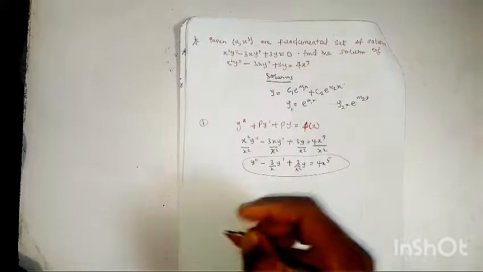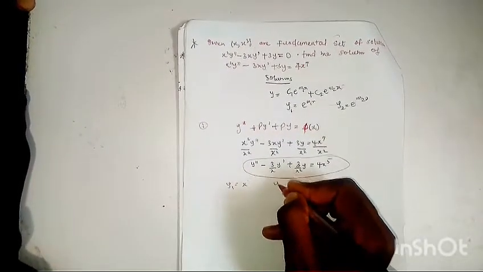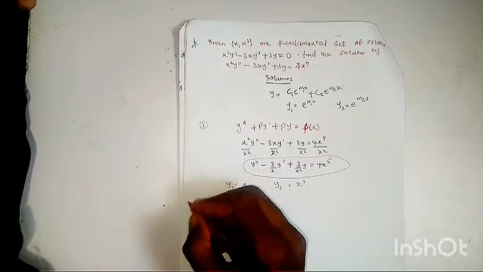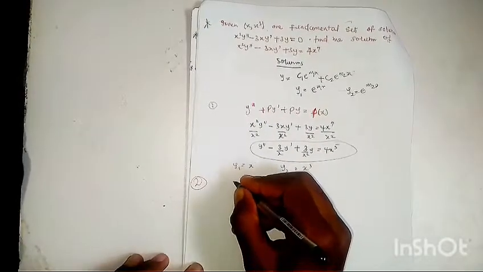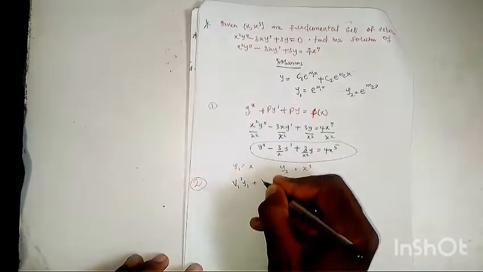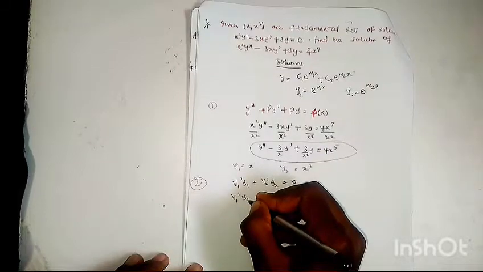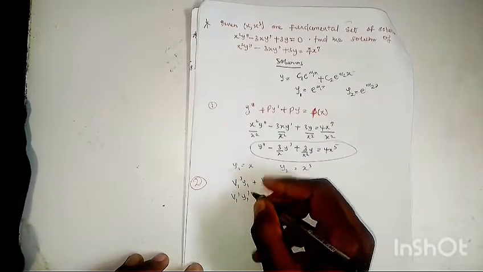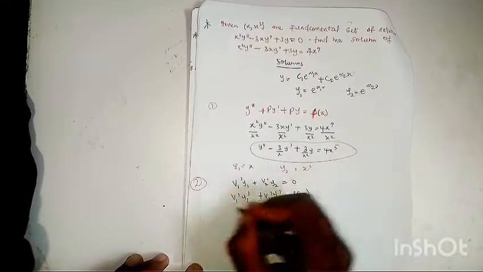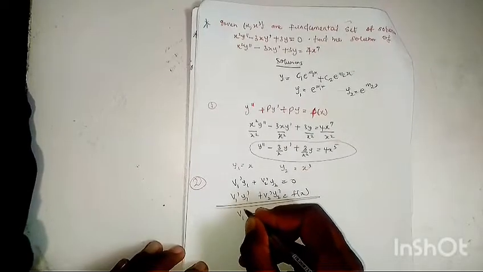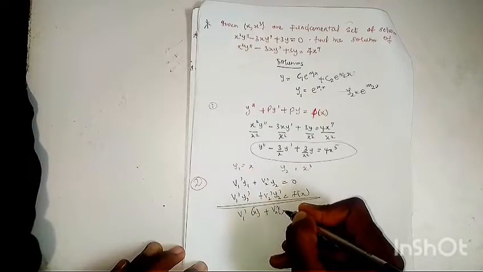Is that taken? So given my two solutions, my y1 is x, and my y2 is x raised to the power 3. Now my second step is to follow the set of equations given by the formula, which says v1 prime y1 plus v2 prime y2 is equal to 0, and v1 prime y1 prime plus v2 prime y2 prime equals the function of x. So my v1 prime times my y1, which is x, plus my v2 prime times my y2, which is x raised to the power 3,